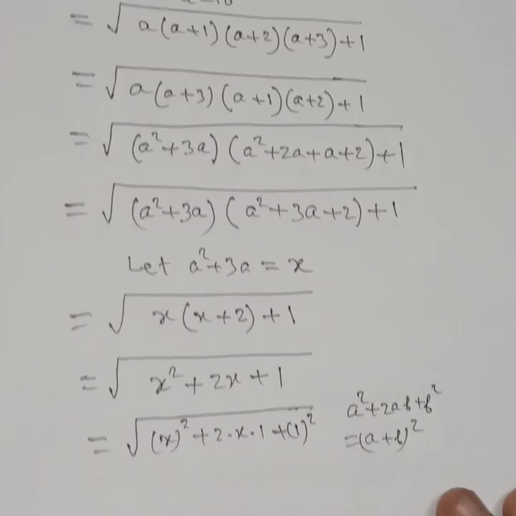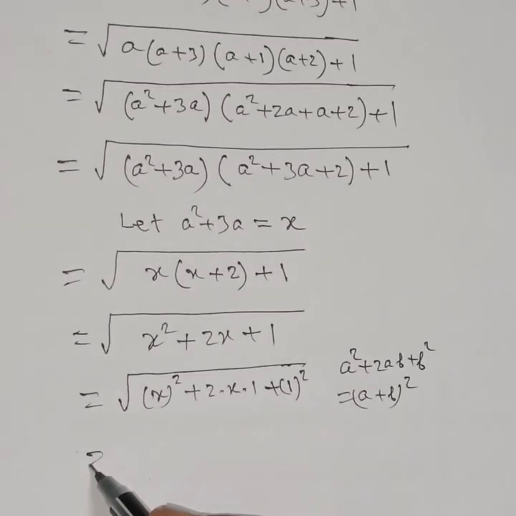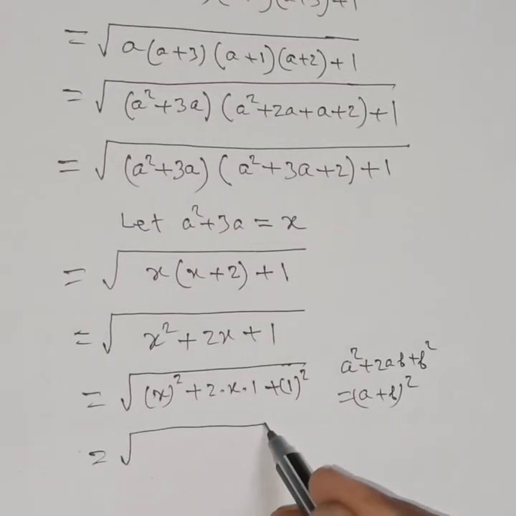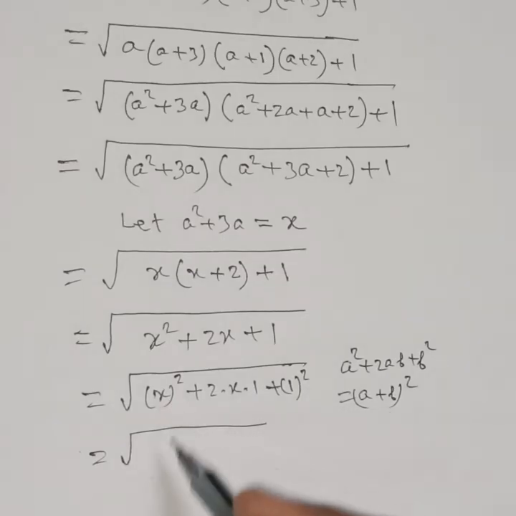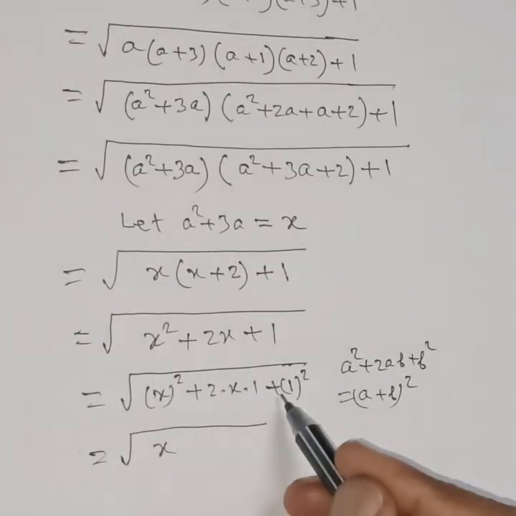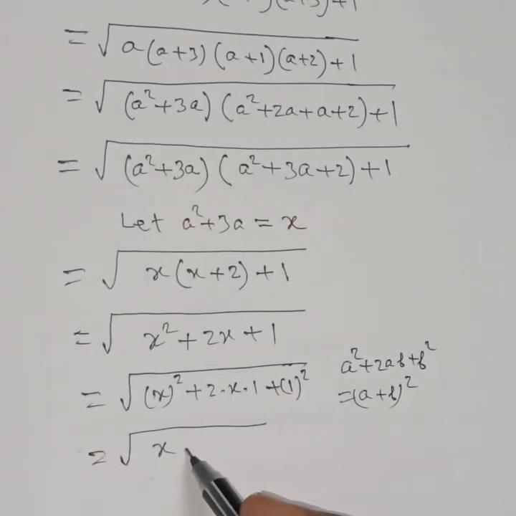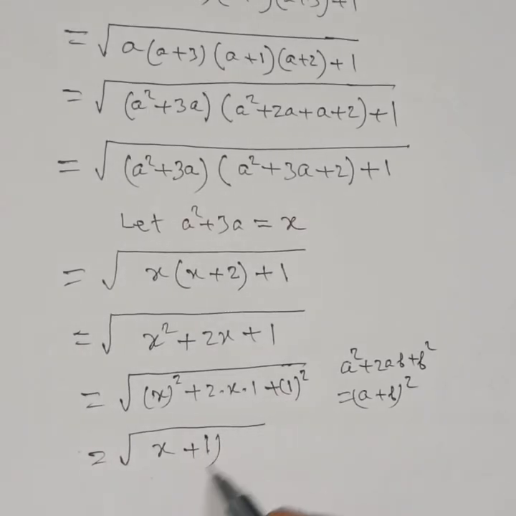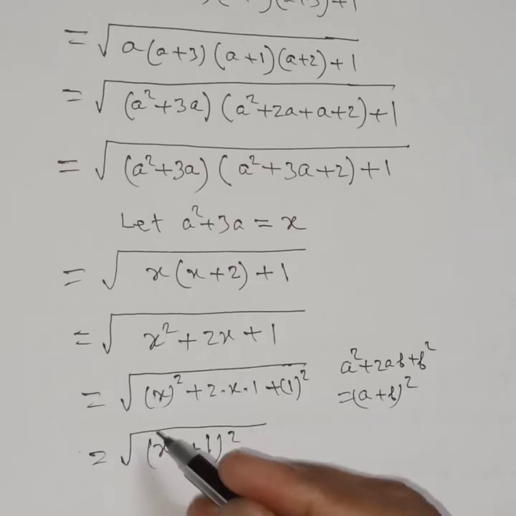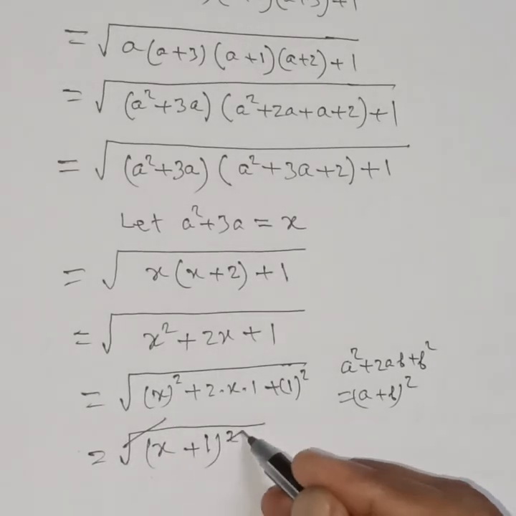So it will be root over a is x, b is 1 whole square, then the square root and square cancel,